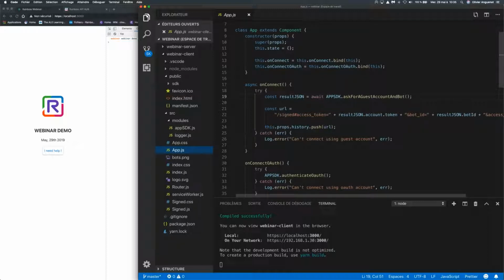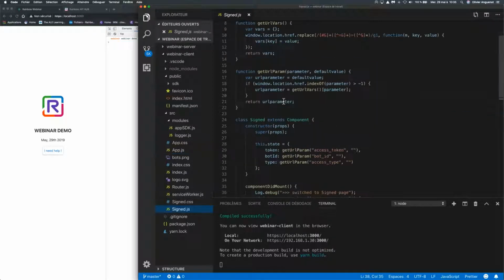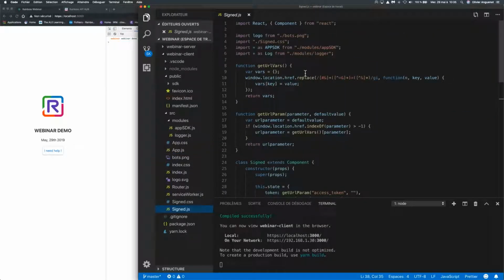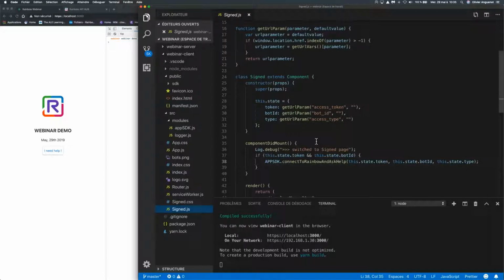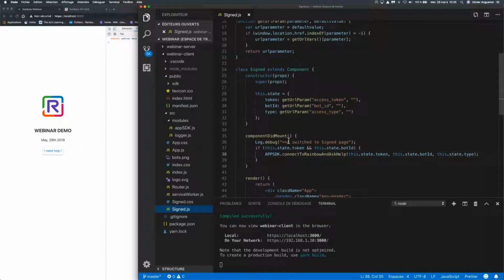And so if we have a look at the signed component, what it is doing here is that we got all the variables we receive from the server, and then when the component is displayed, we try to connect to Rainbow using the token, the bot identifier, and the type of connection we used.